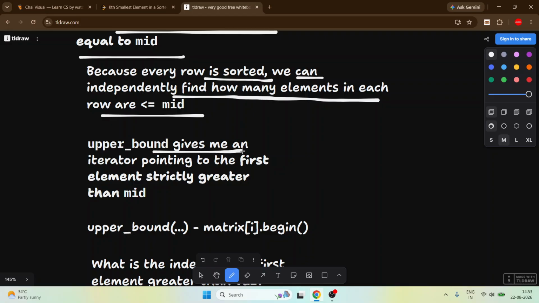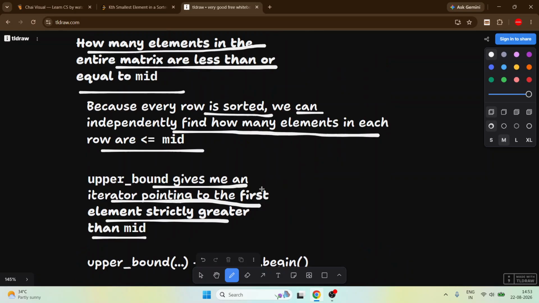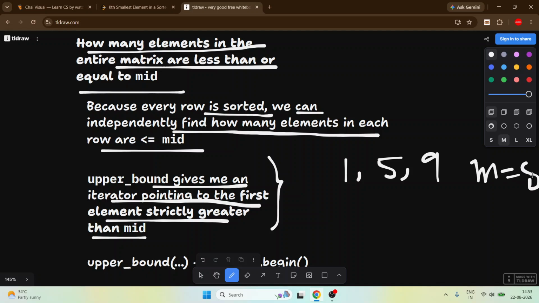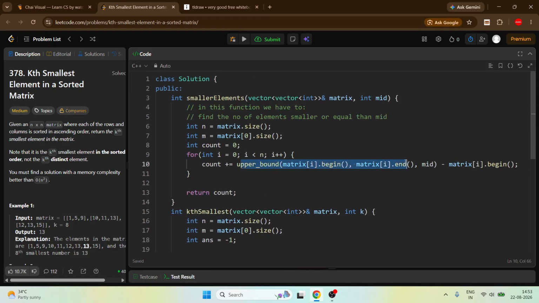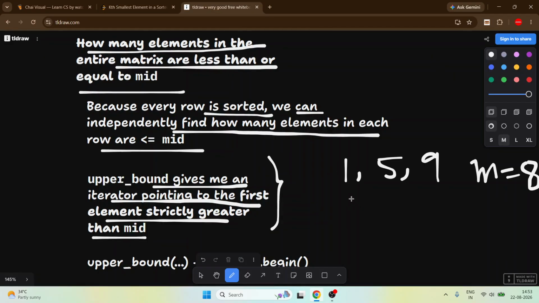we can independently find how many elements in each row are less than or equal to mid. Upper bound gives us an iterator pointer to the first element that's strictly greater than mid. Okay, what does this line want to say? See, 1, 5, 9, and suppose our mid value is 8. So what does this upper bound function do? This upper bound points,